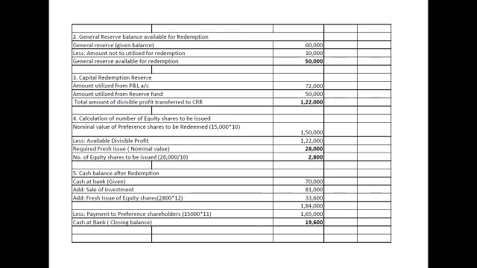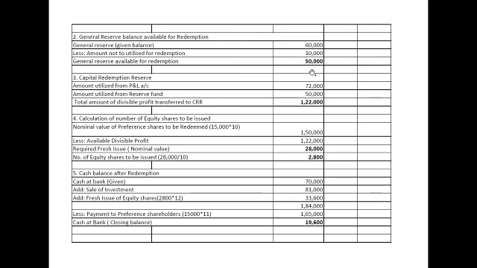The total amount of divisible profit available will ultimately be transferred to CRR. Because the purpose of creating CRR is that the company has other obligations, not only redemption of preference shares. Redemption of debentures will be there, or they have to repay the bank loan, so they have to make payment to the creditors. So that's why now, amount available from P&L account is 72,000, that we calculated in the first